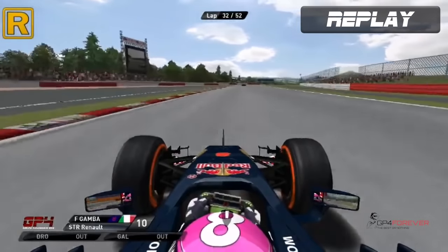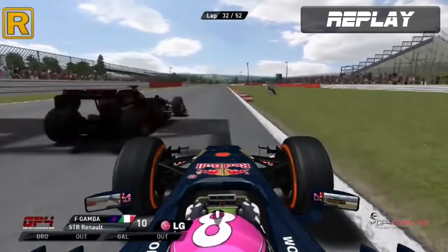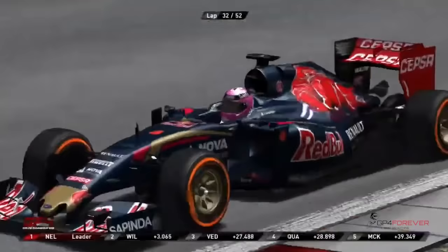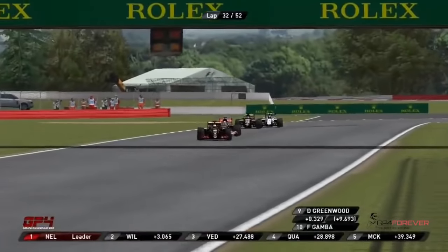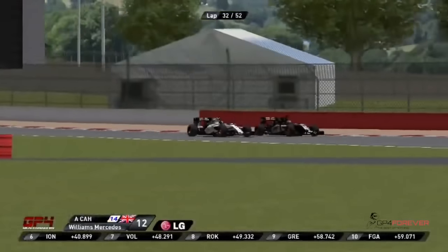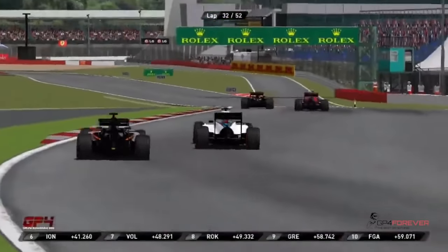And oh, I don't know. I don't think he actually passed him. I think they actually might have. Oh, that was so close to contact there, Franco Gamba with David Greenwood, but he did make it stick past Vadrina, and I think he will get away with it, because I think the yellow flags actually disappeared at the time he came to Greenwood. So I think Franco Gamba is a very, very lucky man as he makes his way past the Force India of Vadrina,